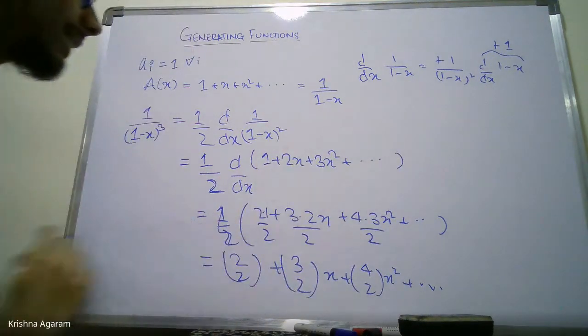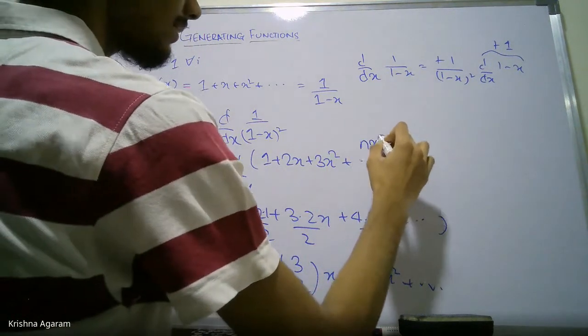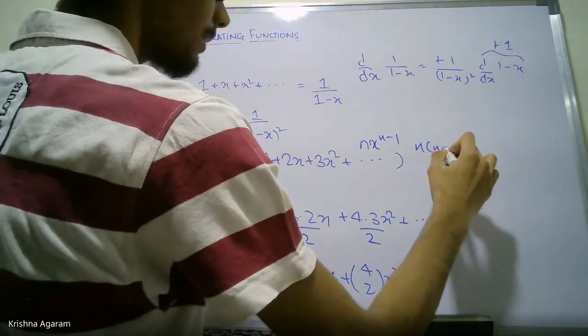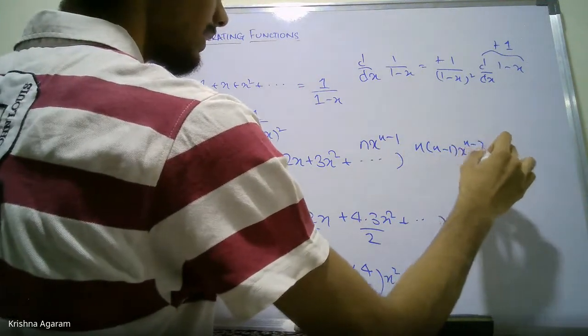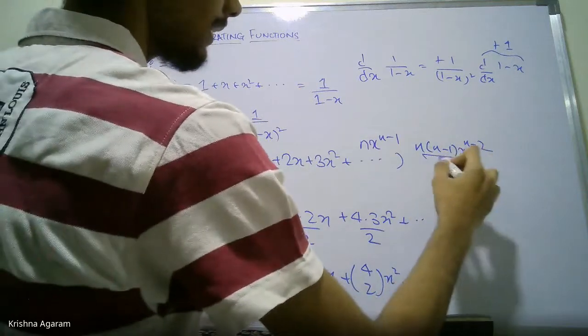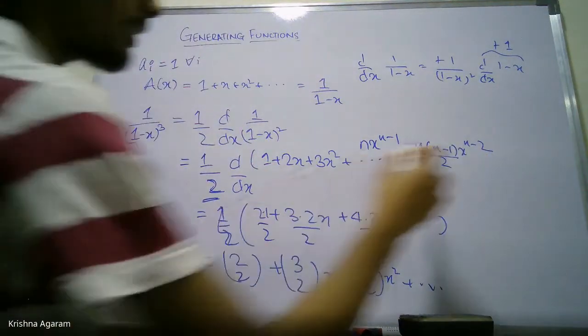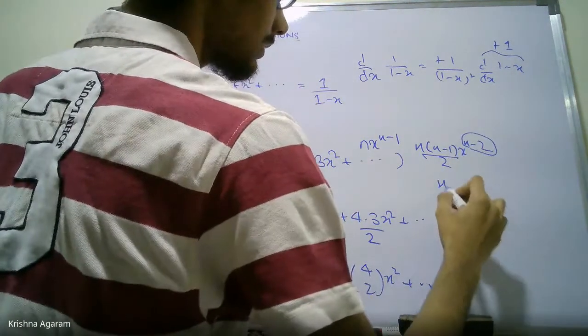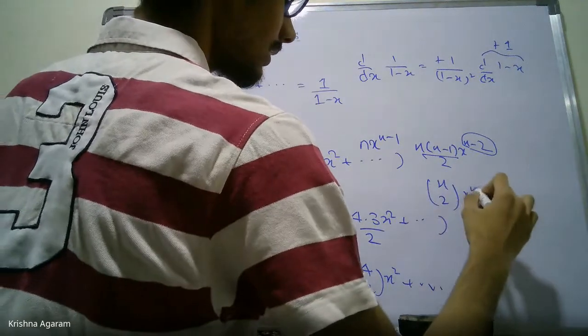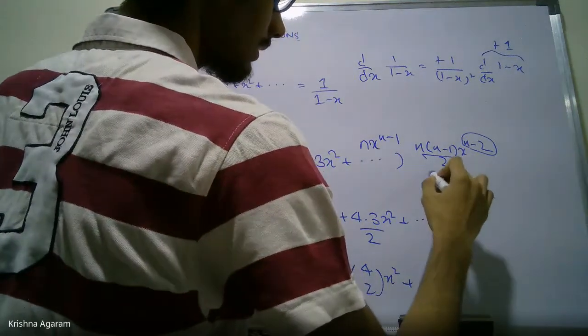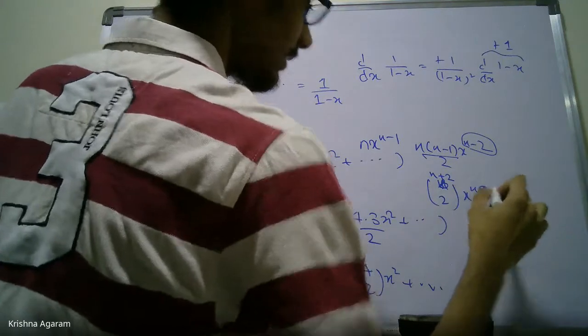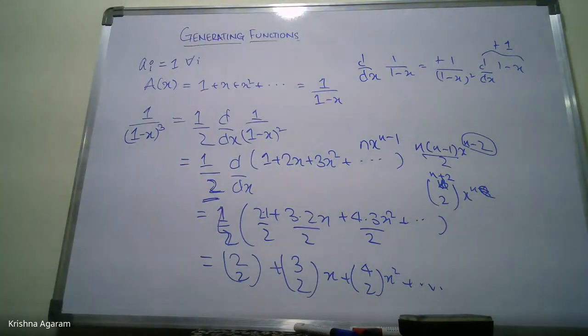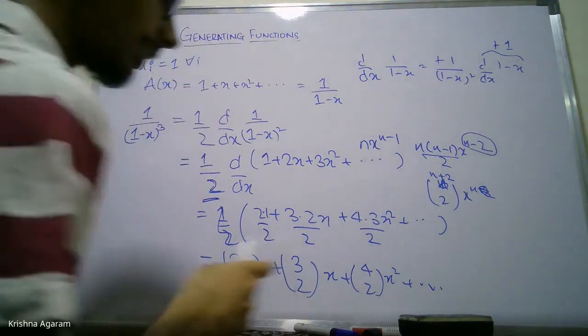We'll prove it rigorously, but anyways, if you add nx to the n minus 1, then you have n minus 1, x to the n minus 2, and this 1 by 2 factor will come here, and then you get n choose 2. So for the n minus 2th power. So if you have this, then just by changing the variable, you get this, right? So the coefficient of x to the n is n plus 2 choose 2. Okay.